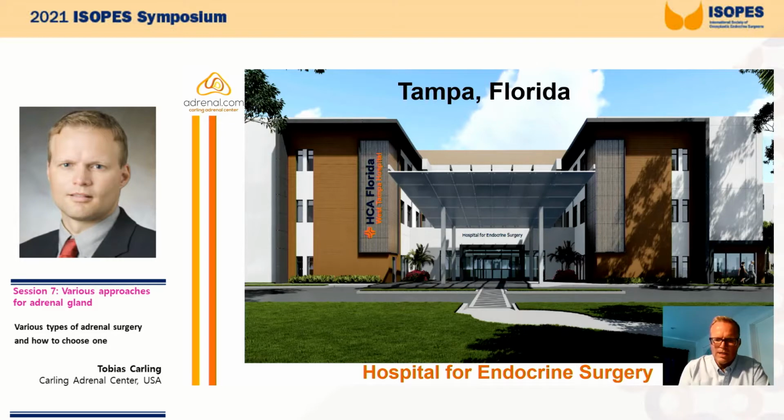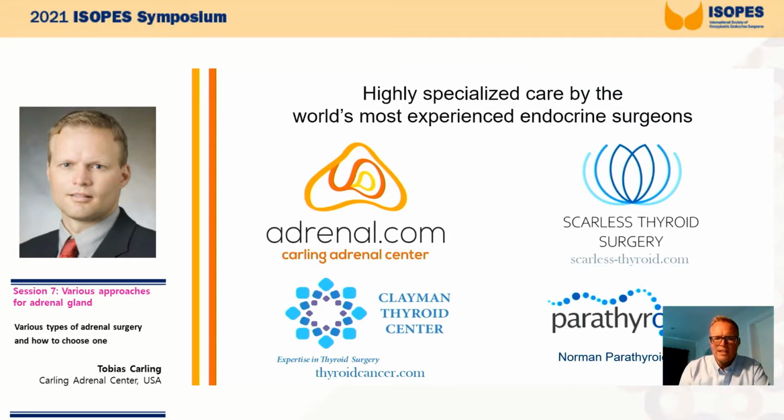First of all, I want to highlight our new hospital, the Hospital for Endocrine Surgery, which is currently in construction with an anticipated move-in date of December 2021. This will be a unique hospital exclusively for endocrine surgery, a full-fledged hospital with operating rooms and so forth, here in Tampa, Florida. And it will house the practices of the Carling Adrenal Center, the Clayman Thyroid Center, the Scarlett Thyroid Surgery Center, and the Norman Parathyroid Center. So we're very excited about that, and hopefully we'll be able to host some of you at our new hospital